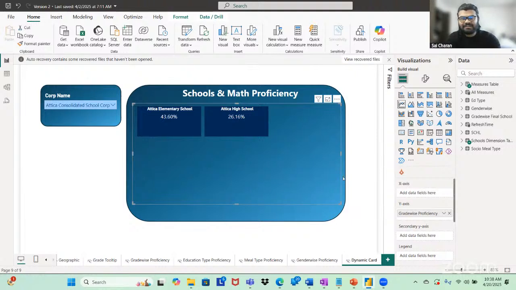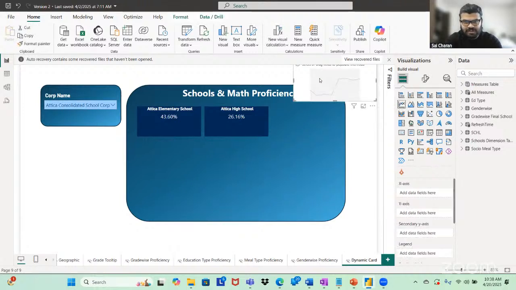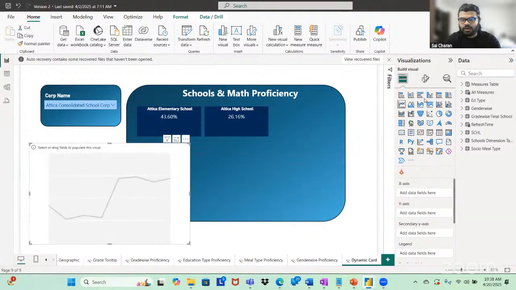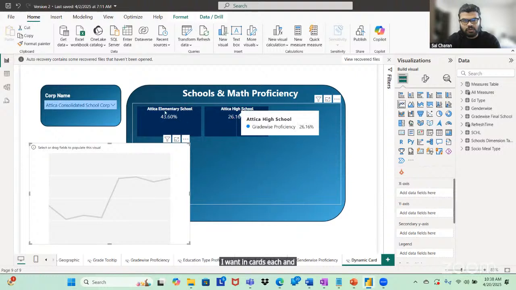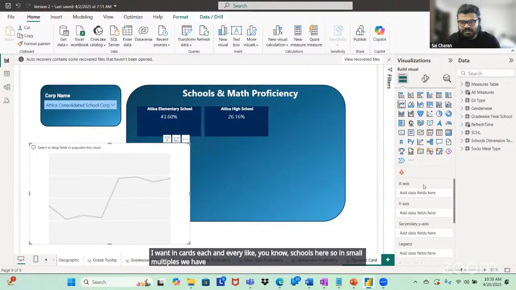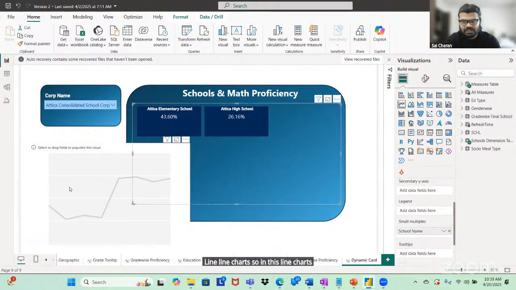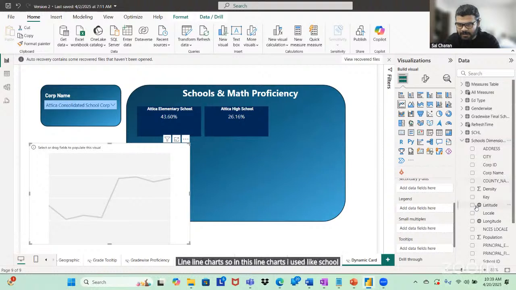What I did here is I took a line visual, and what I want is each and every school in cards. In line charts, we have something called small multiples. In this line chart, I used school names